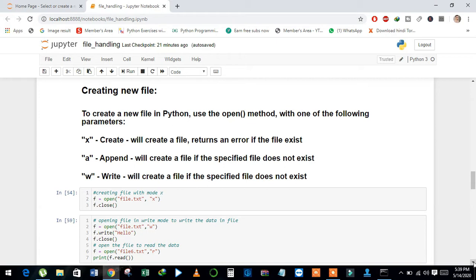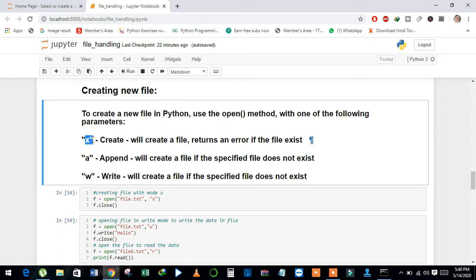We have different modes. With the help of these modes we can create a new file. We have X mode. We can create a file with the help of X mode, but if the file exists it will return an error message.